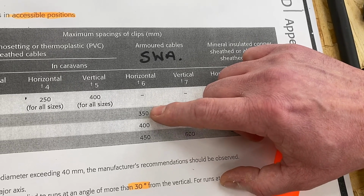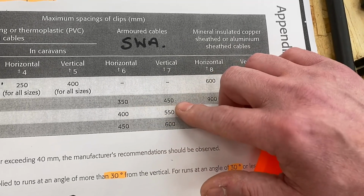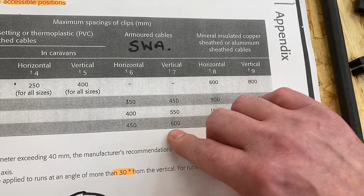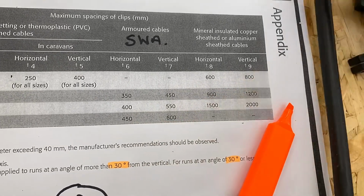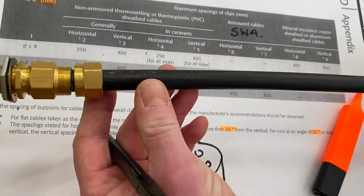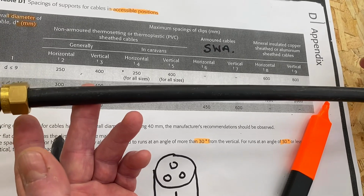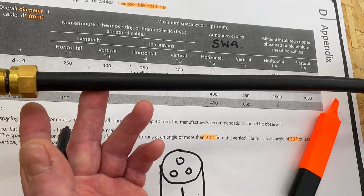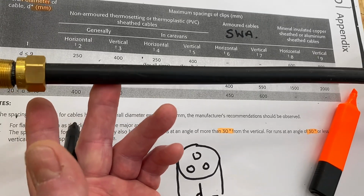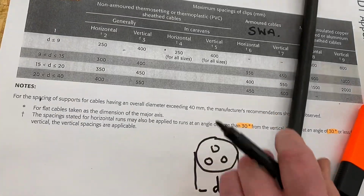So when the diameter of the cable is quite small, we can see our clipping distances are 350 and 450, but it gets larger and larger. Those clipping distances for the cable cleats is further apart, which is quite self-explanatory in some ways because the cable is quite rigid. So as we hold that cable there at each end, we can see there is no sag. So the larger the conductors inside it, therefore the larger the diameter, the more self-supporting the steel armoured cable will be. So we're going to have to measure the diameter of the cable, which means we're going to need to